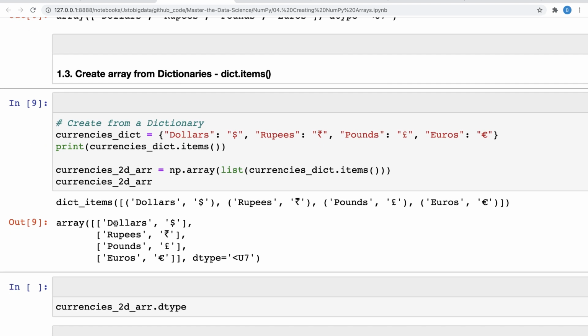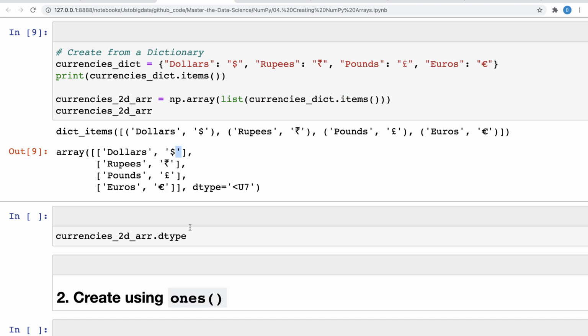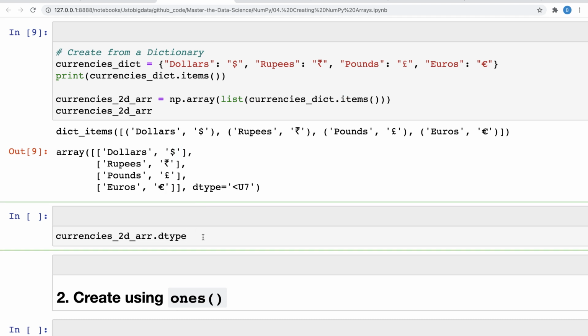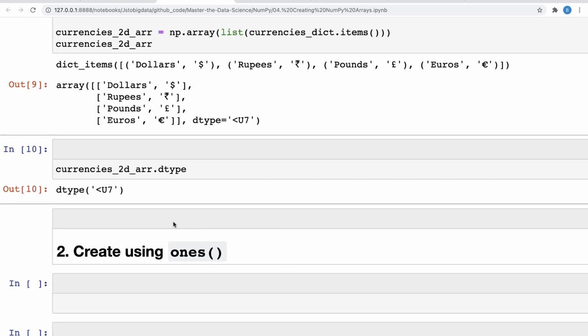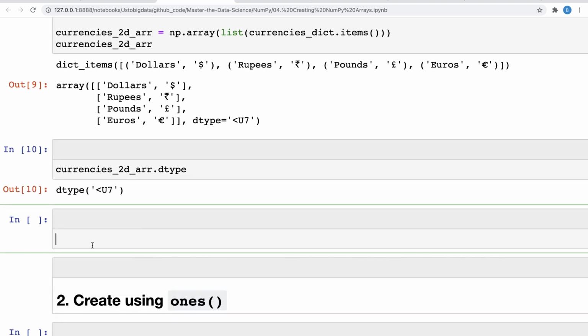So you see, I have the first column that represents the currencies in string, and the other one just the currency symbols, right? That's also in string, but yeah, this is the currency name and then the symbol. And then if you want to print the data type of it, you can see that it says the dtype is string U7. You can read about what it means.